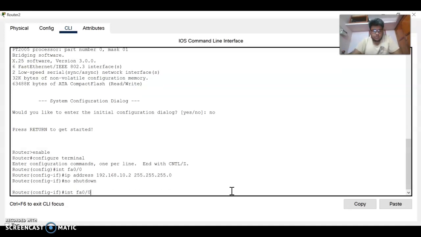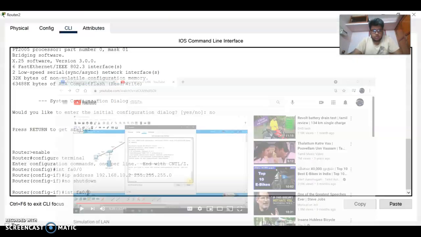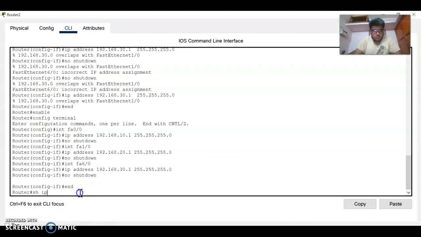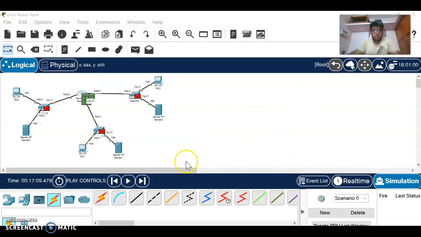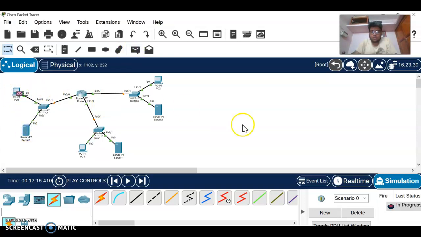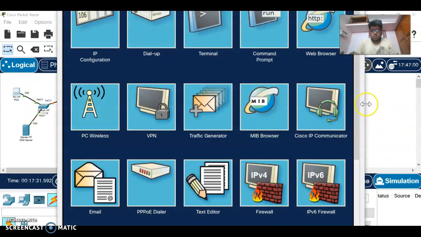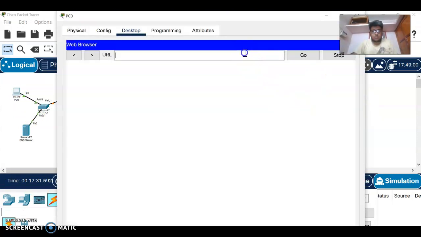And next we have to go like this. Here we have to check, so all the three are connected, so all these are green. Now I ping this one to this one, so that is successful. Now I go to PC0 and the website. Here I give the IP address